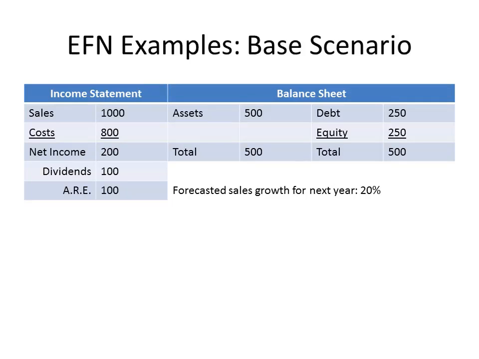The income statement and balance sheet that we show here are going to be the base scenario for all the examples we work today. On the left-hand side, you'll see the income statement. We have sales of 1,000, costs of 800, which gives us a net income of 200. This is very simplified. We're also shown that net income flows half into dividends and half into addition to retained earnings. Remember that addition to retained earnings is going to be our source of internal equity for investment in our new assets. Speaking of assets, we currently have 500 in assets.